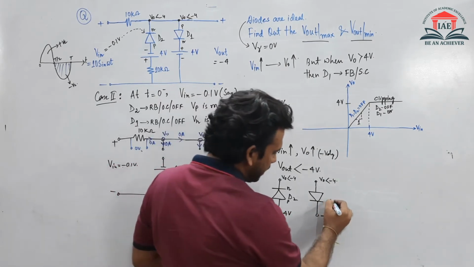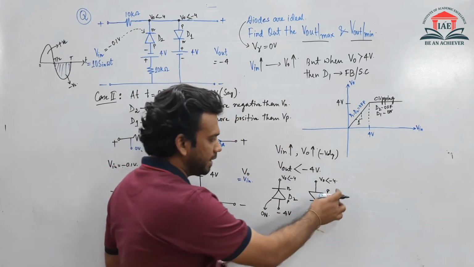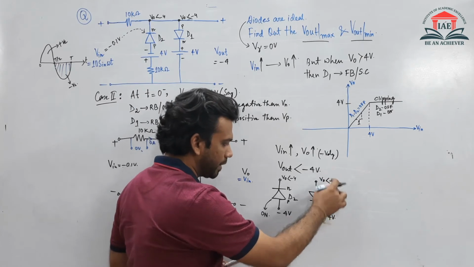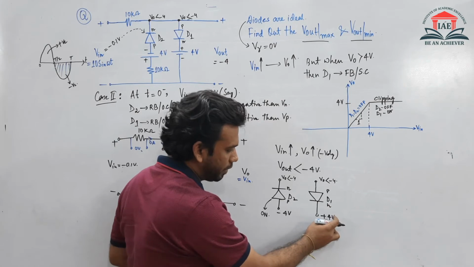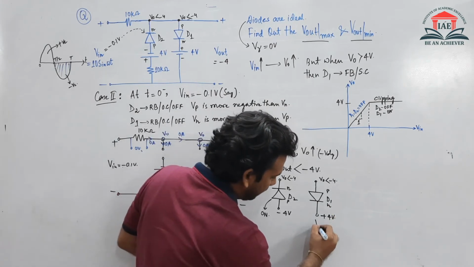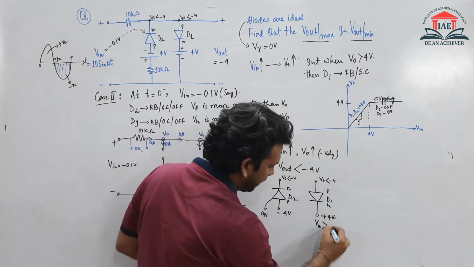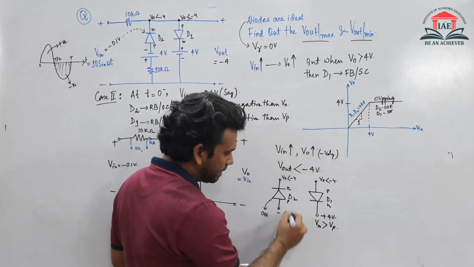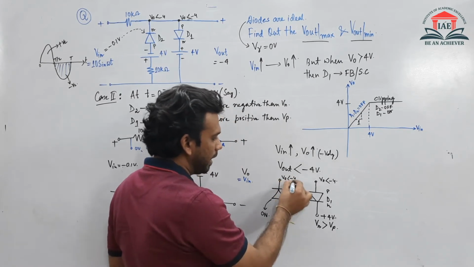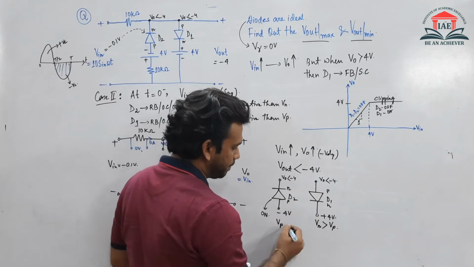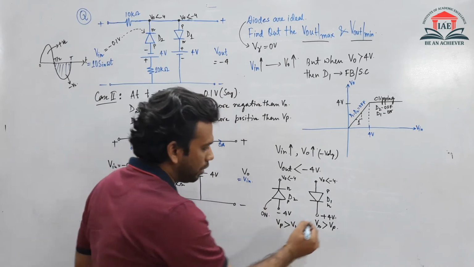And if you look at this D1 diode, so this is the P side, this is the N side. P side में मेरा more negative वोल्टेज है और N side में +4 है. So you can see that here Vn voltage, which is +4, is greater than the Vp voltage. Similarly, in this case, the Vp voltage, which is -4, but the Vn voltage is less than -4. That means Vp is greater than Vn. So D2 is on and D1 is off.